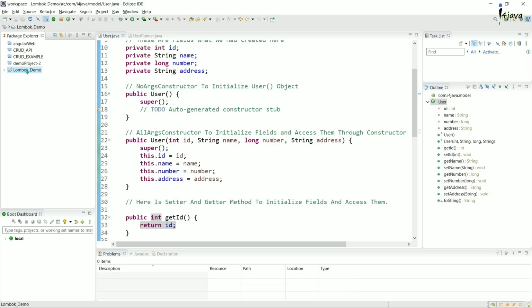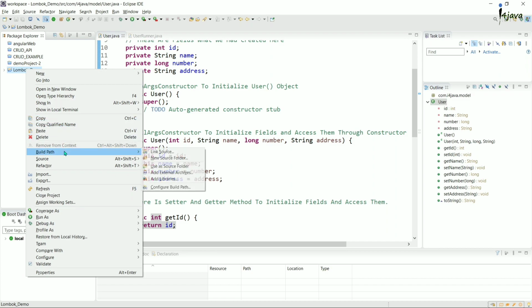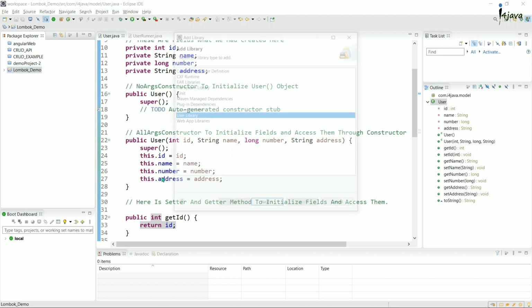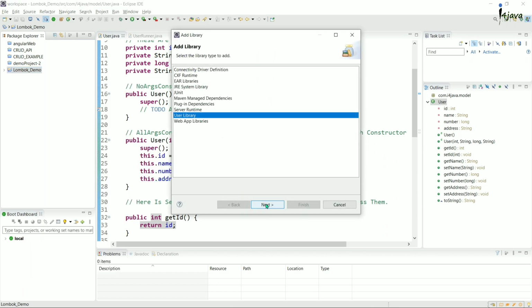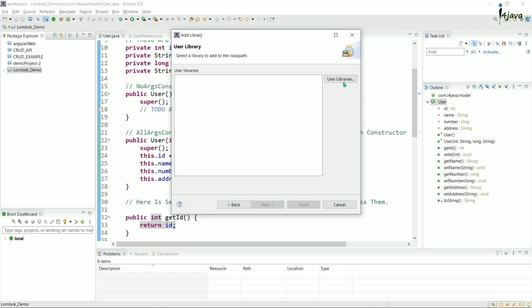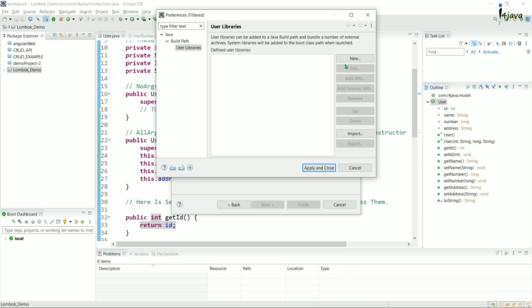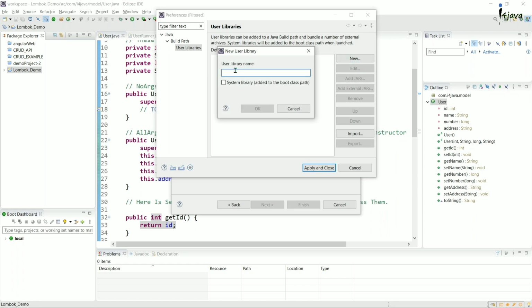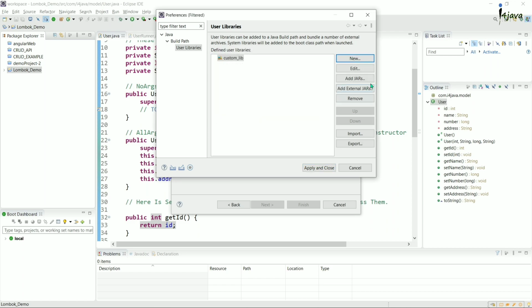On your project, go to build path, add libraries, make one user library, click on new, name it custom library and add external jar.